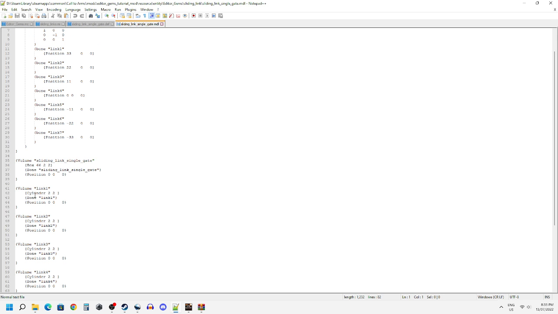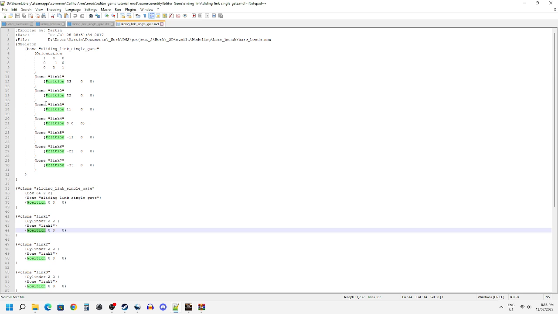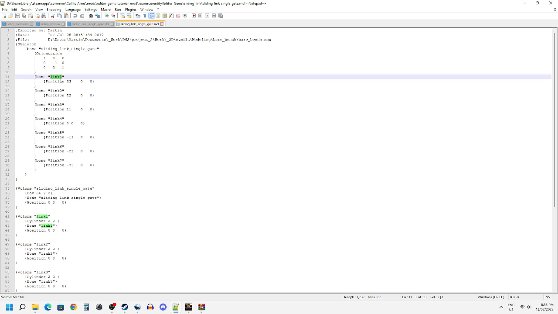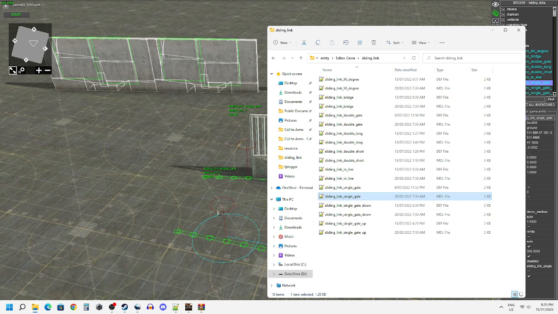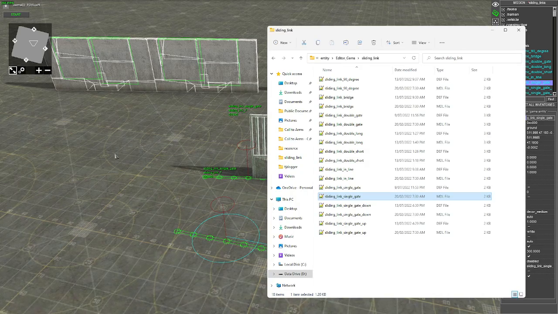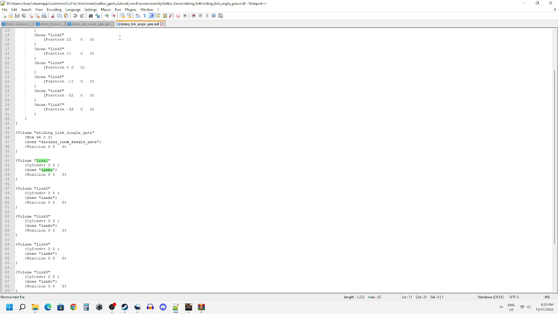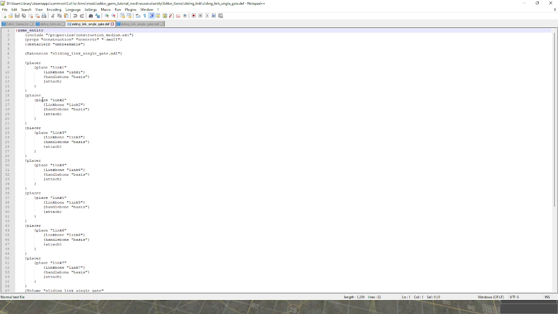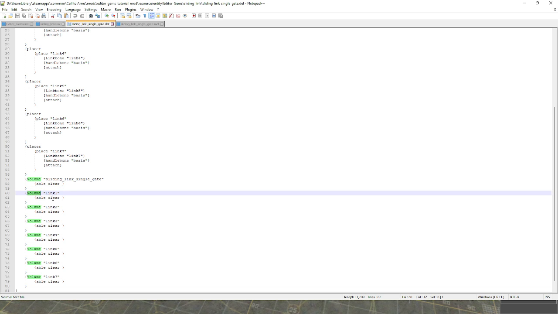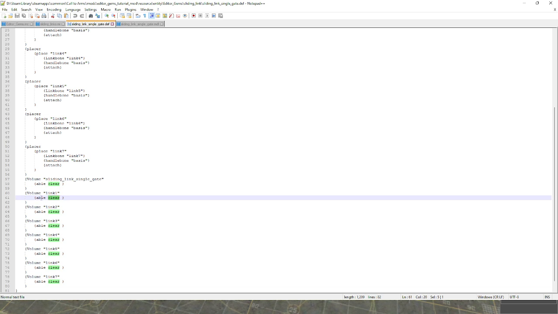The MDL file basically determines, we use cylinder and we give it some dimensions, so a 2x2 cylinder. It's then named and it's given a position based on the actual bone itself. So the volume and the bone is the position, and the volume is the green circle basically. So MDL describes basically the shapes and where they're located. The def file in here, we actually determine that they're places, which means we can link things to them. So by determining them as places, we're able to link them. Also, we can determine that the volume has the ability to be clear, which means you can pass through it,